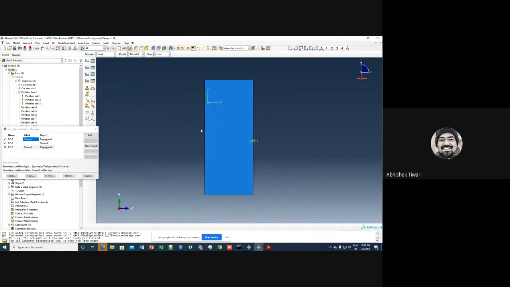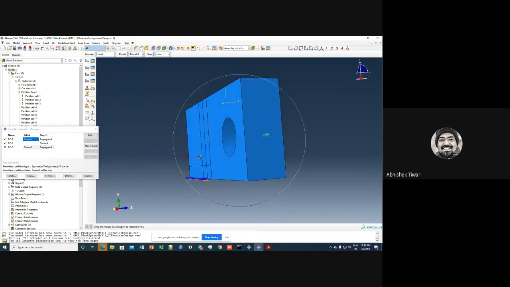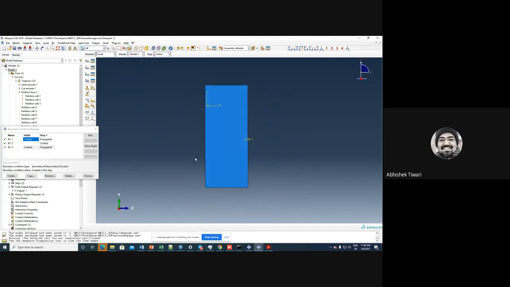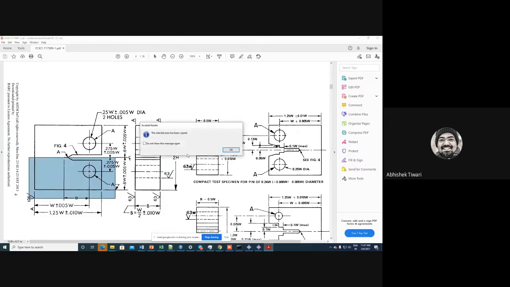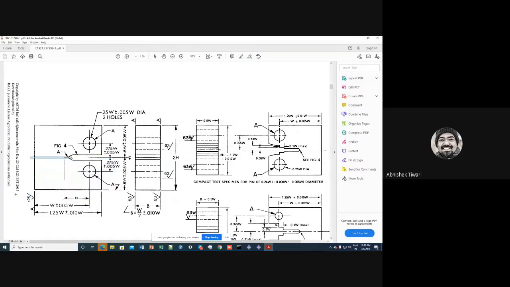So basically what is happening is ZY is this one. So if you look, it is like this, yeah? So there is a lower part below this. So that means Y symmetry. And then there is a part, you can imagine it here. So the lower part is here, okay, which I have not modeled. So I have to apply Y symmetry on this part, okay? And then I'm also modeling half of the model in the thickness direction. So I have to apply another symmetry along the thickness direction also, okay?